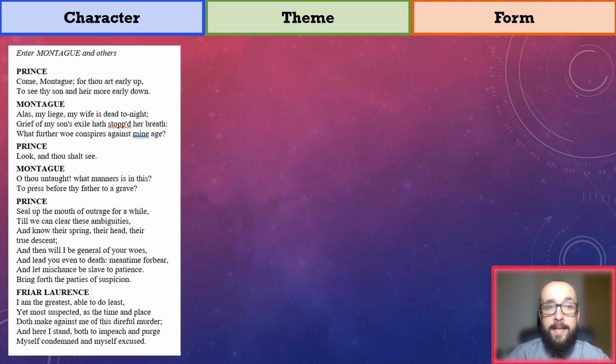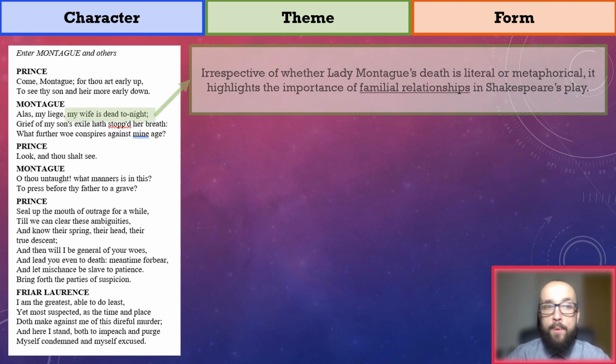Lord Montague then enters the scene. Now, something that really catches my attention is Lord Montague expressing that his wife is dead, something that her grief for Romeo's exile has caused. It is not clear if this death is literal or is instead metaphorical and relates to an intense sadness or depression. But either way, it highlights the importance of familial relationships in Shakespeare's play, for their severance is capable of